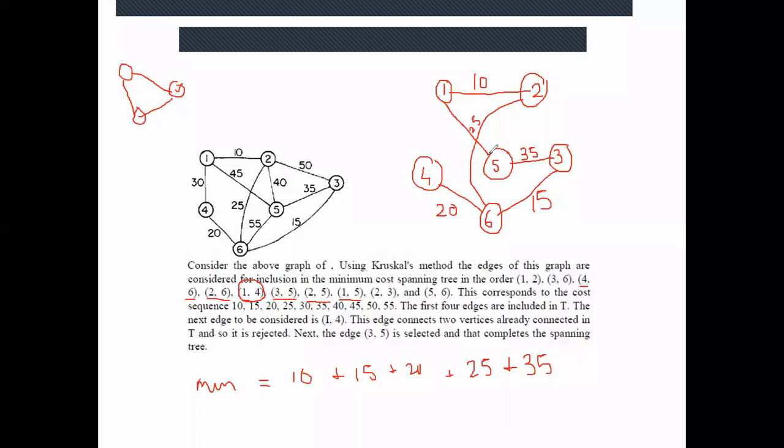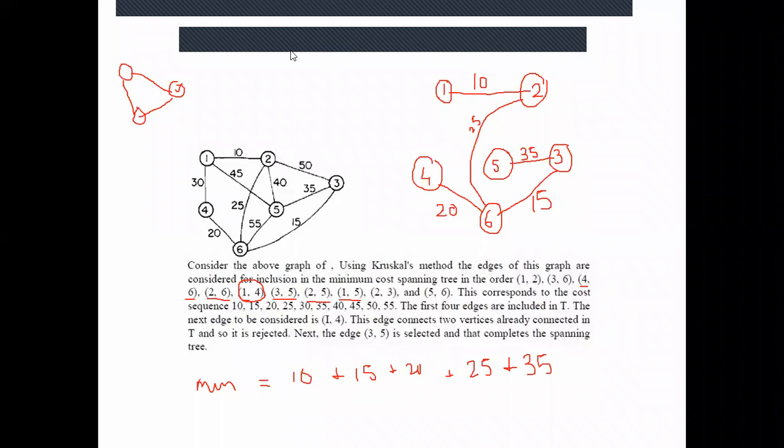Yes, Jyoti. Yes, ma'am, 45 weight. It's okay, but you tell me, is it creating any cycle? If we add 1-5, is any cycle being created? No, it's not possible that you start from 1. Ma'am, yes, it is creating a cycle. How? You can go from 1 to 5, then 3, then 6, 6 to 2, 2 to 1. So that means 1 to 5 is creating a cycle. I should not take it.